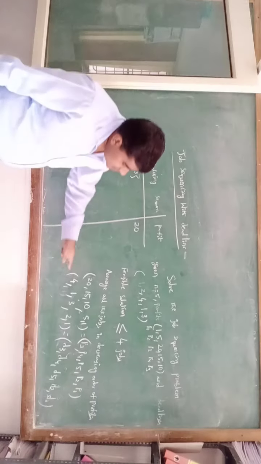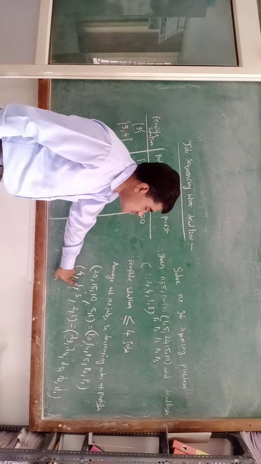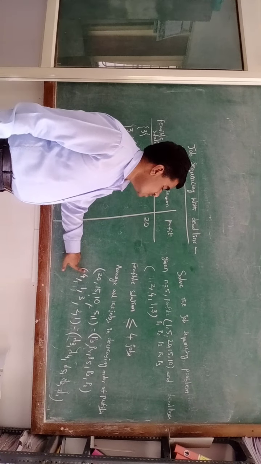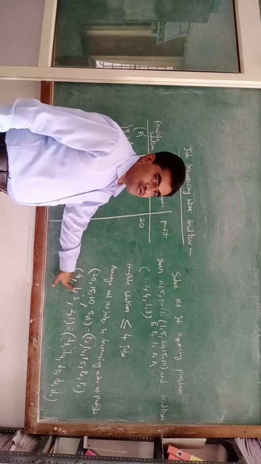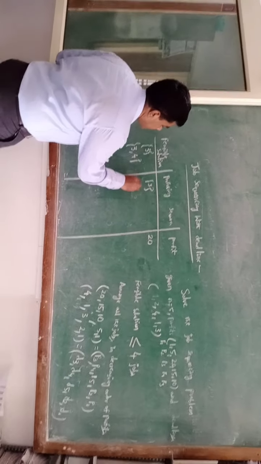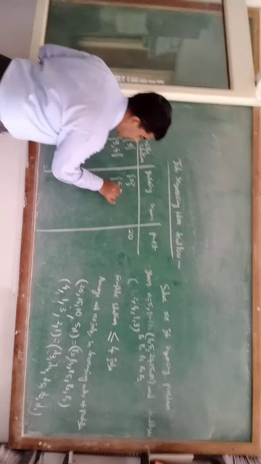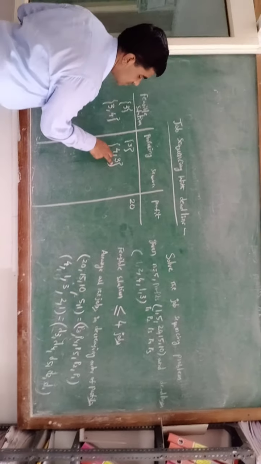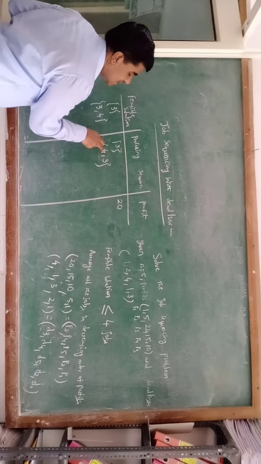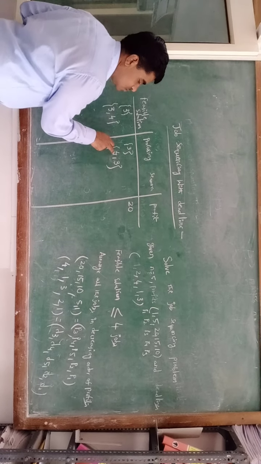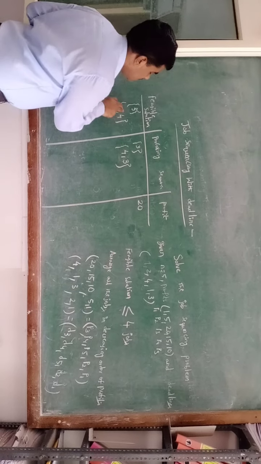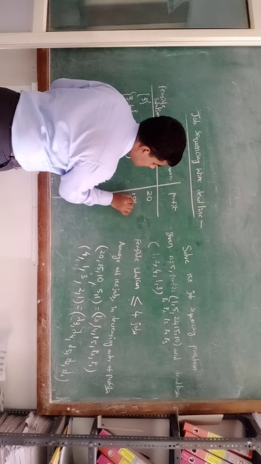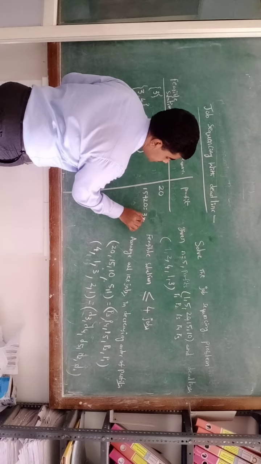So here, first we compulsorily have to execute the fourth job. Why? Because its deadline is 1 only. If you execute the third job first, then you can't execute the fourth job. So the first one is the fourth job and the second one is the third job. The fourth job has a deadline of only 1 unit of time, so we process that first, then this one. The profit is 15 plus 20, that is 35.